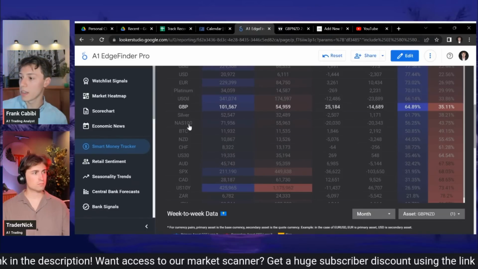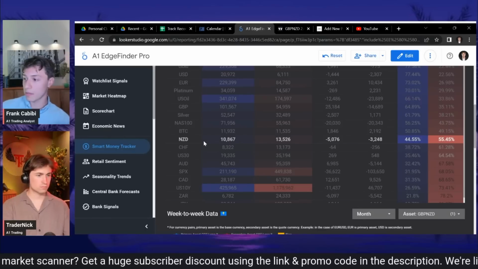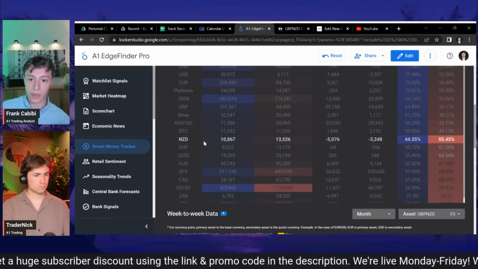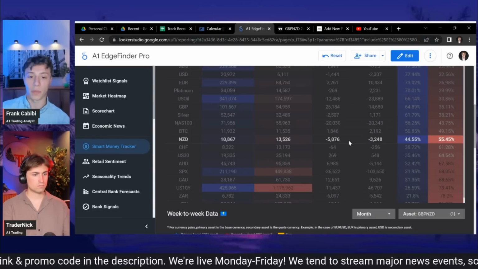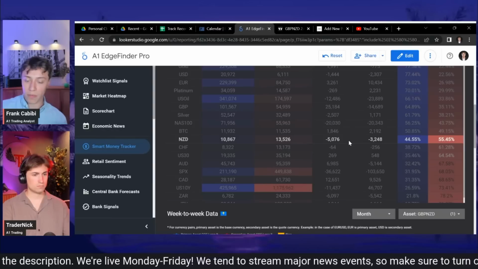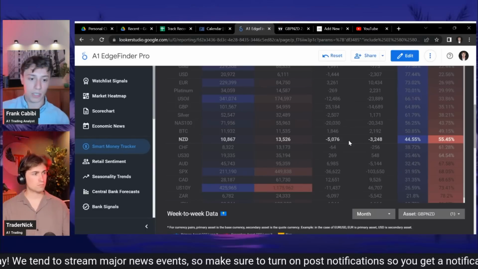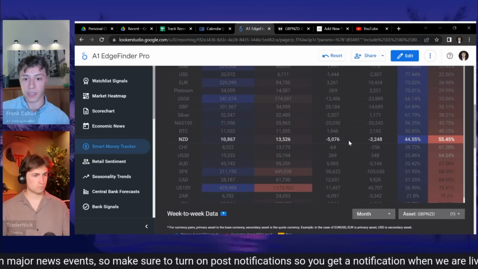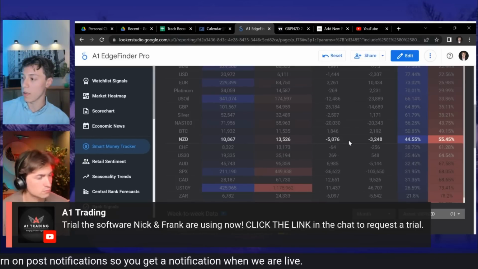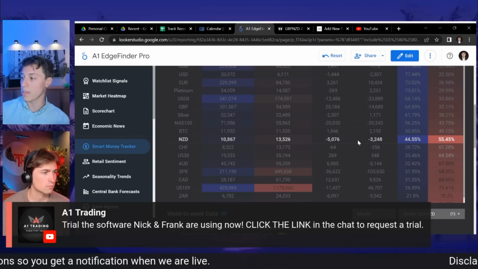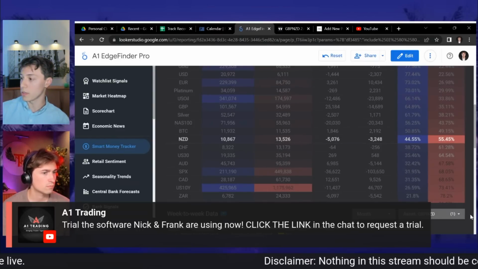Other than that, I was looking at the Kiwi, which is mixed sentiment, but what you can see is both a decrease in longs and shorts from the previous week. So 44 to 55%, that's still kind of mixed, but overall it looks like the bias is still leaning towards the downside. Maybe even a decrease in volume on the Kiwi. So not a lot of activity there. They're not very bullish or bearish, as you could call it.